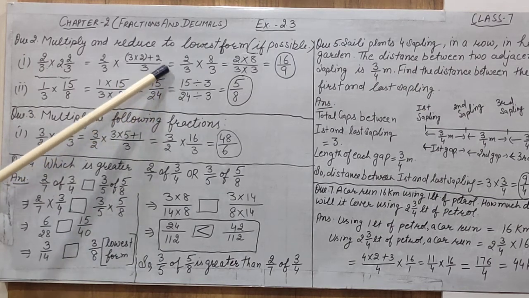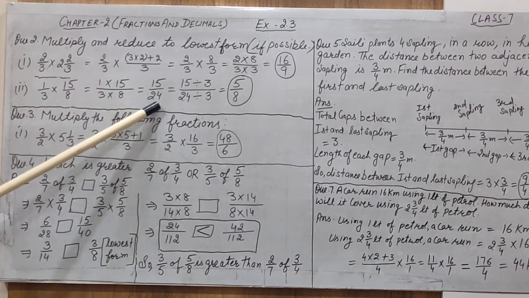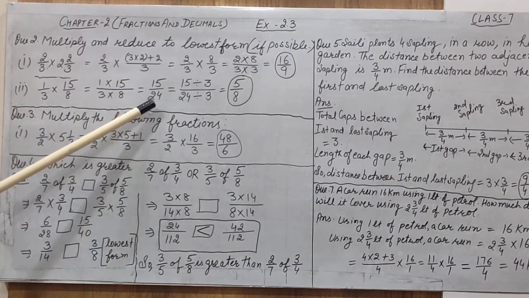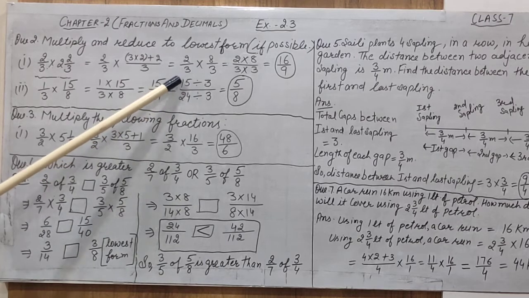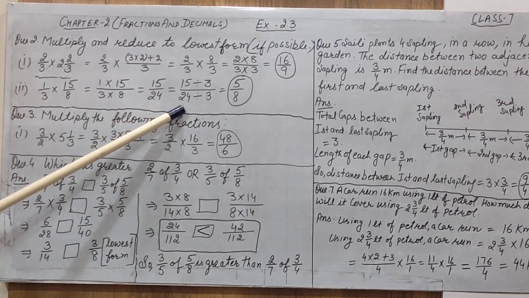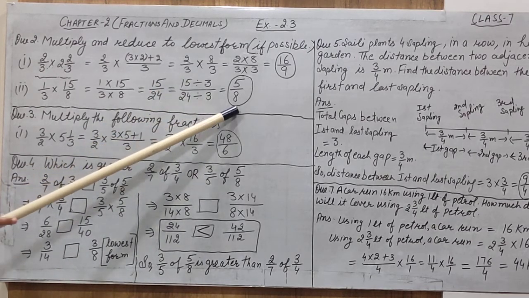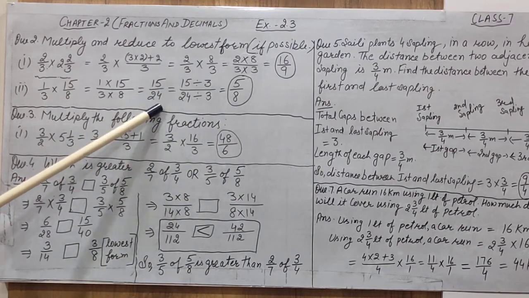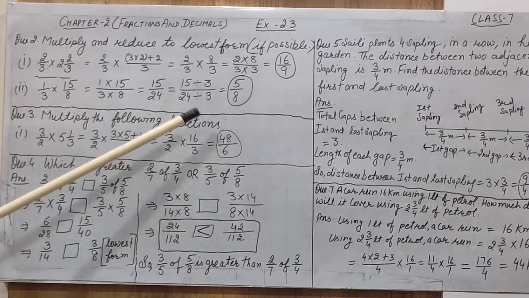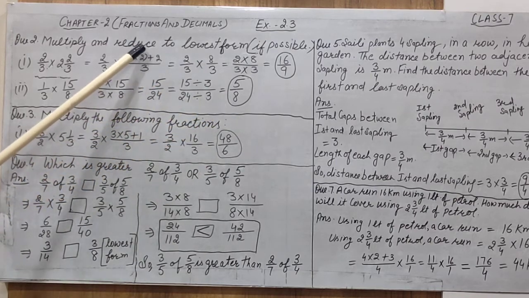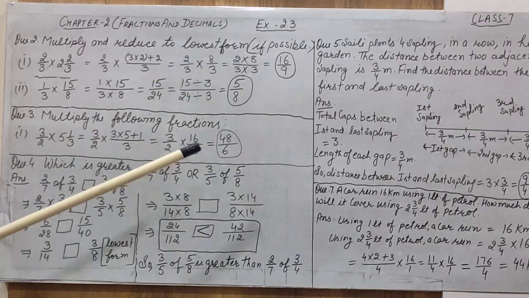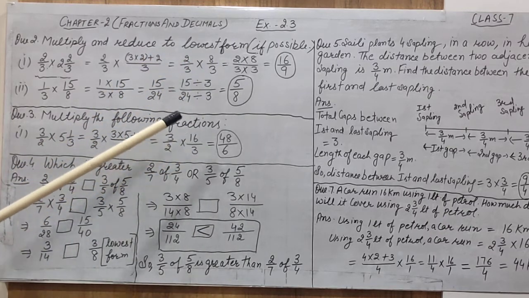Now we can find out the lowest form in this fractional number because both the numbers can be divided by the 3. Alright, so divide both the numbers by 3 to get its lowest form. Now it is possible to find out lowest form here. So we have to find out the lowest form. It is compulsory because it is written in the question that you have to reduce to the lowest form and you have to find out the lowest form.